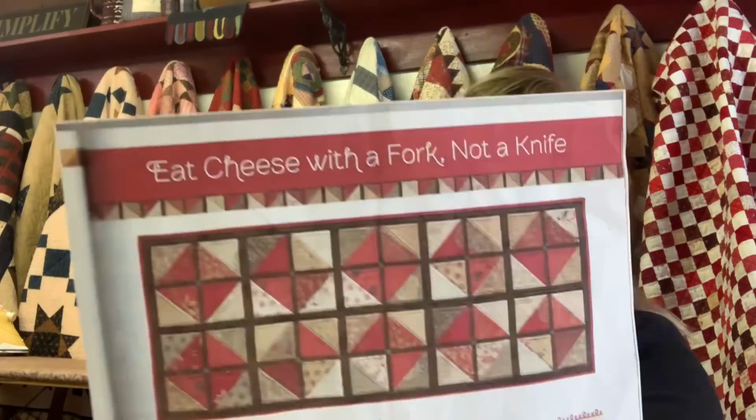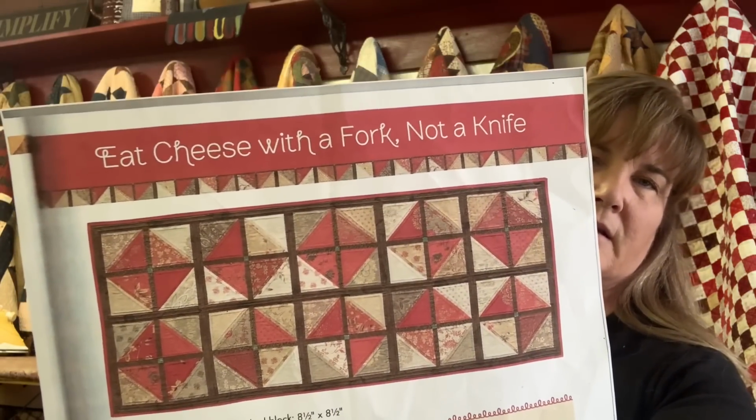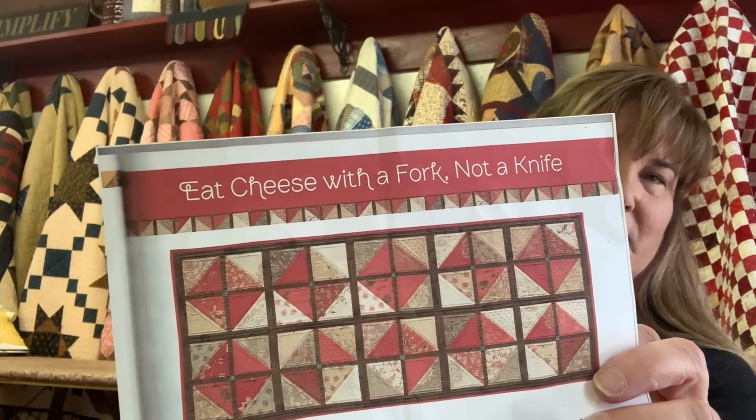I have 2 here and then a box. This is something, eat cheese with a fork, not a knife. I have the book from Country Threads, and I made a working copy. I won't show you the bottom, but that's a table runner. And I know it's cut out over there on the floor, but it wasn't on my ironing board, so I'm not going to show that one to you. But yes, this is my working copy, and that's what it looks like. And then the last thing,